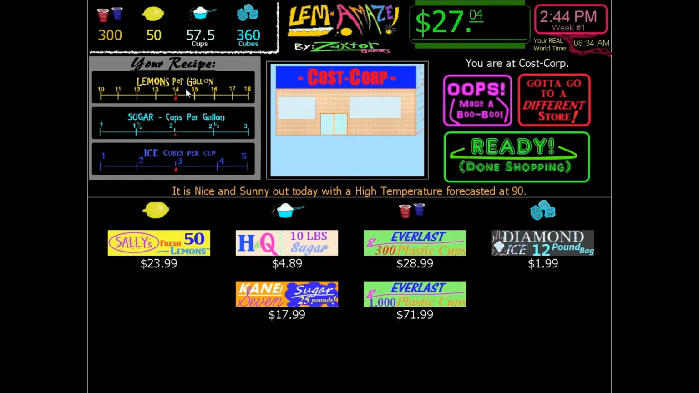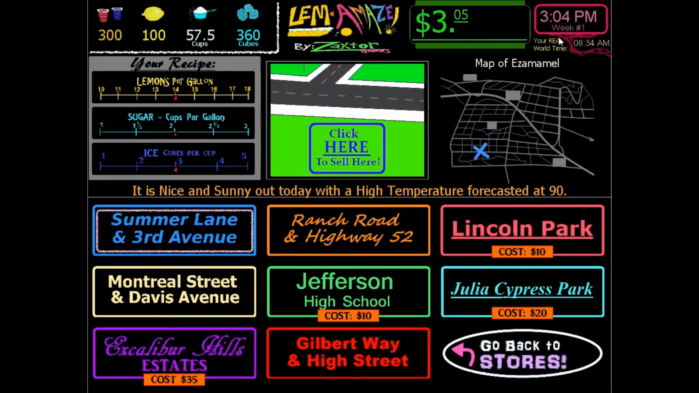and then once you get them all bought, it'll show you how much you have up here. Looks like I might need some more lemons. I only have $3 left. I'm ready to go. And I'm not going to have much time to sell today while I demonstrate this game and how it works. Once you buy your supplies, you have 8 different places to choose from